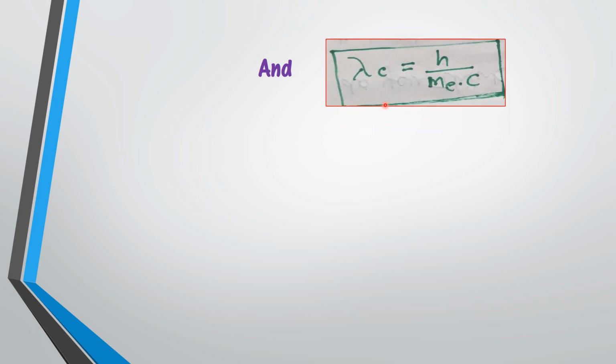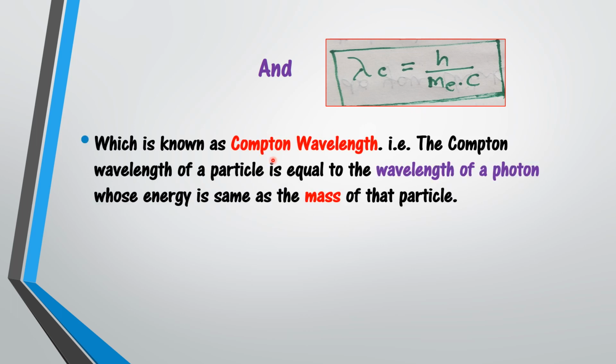Now h upon m_e c is known as Compton wavelength lambda. That is Compton wavelength of particle is always equal to wavelength of a photon whose energy is same as the mass of the particle. So if energy and mass are the same, the Compton wavelength is equal to that. So in this way we can explain the Compton effect. The remaining part we will see in